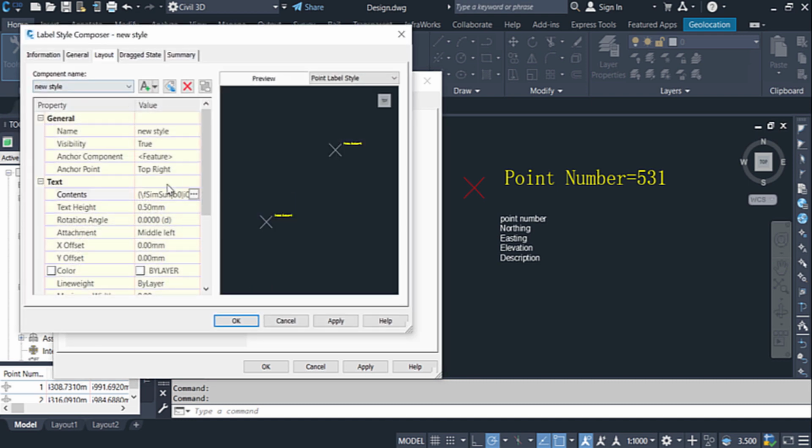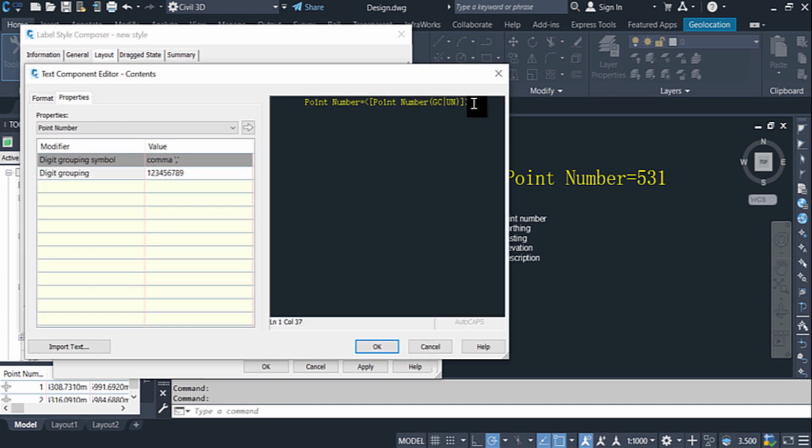Now the second thing, I need the northing. So if you want to add a new component for this, just click here and the new component will come and you can adjust it like this. But I am adding all these texts in one component. Delete this one. Click on content. Now click here and enter. The next is